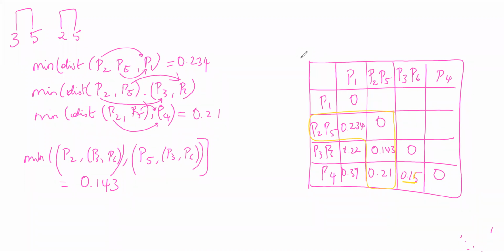So the lowest that I can see over here is this one. The lowest that I observe is that. So what I'll do here is P2, P5. The distance between P3 and P6 is the lowest, so I'll be considering these two forming a cluster. So I will just link this as one more cluster.